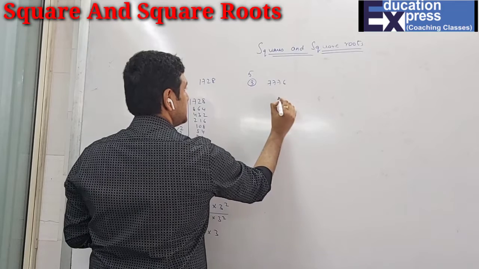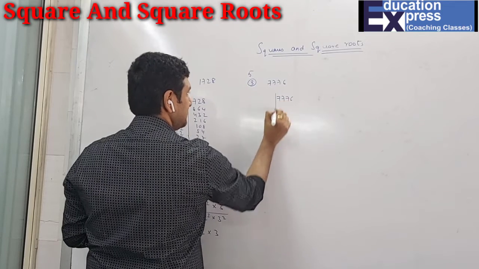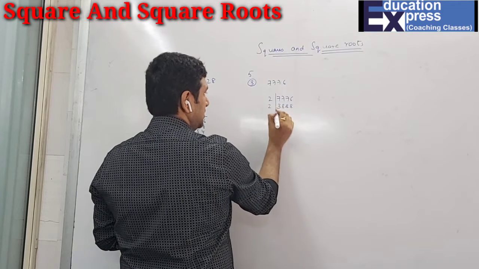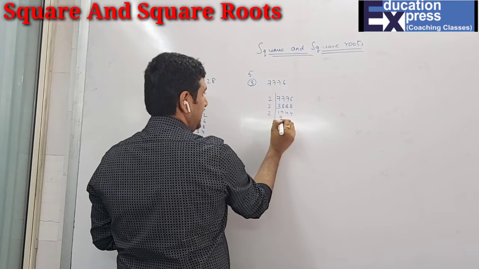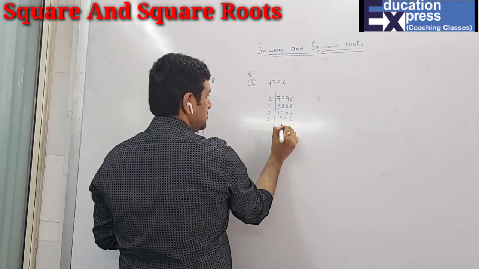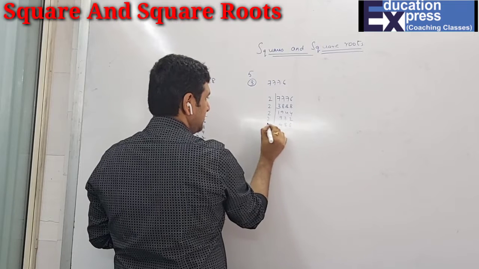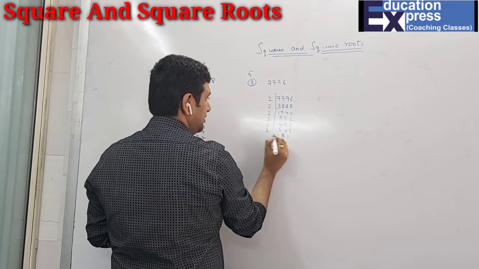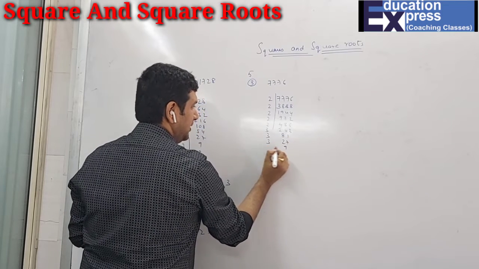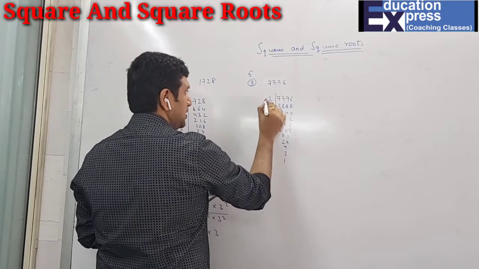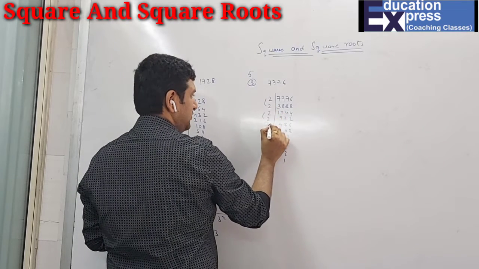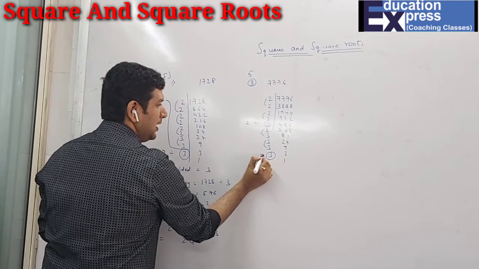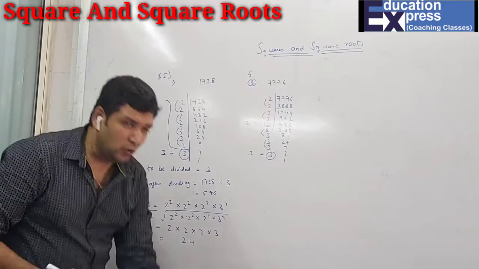776. So 2 3s are, 2 8s are, 2 8s are, 2 8s are. 2 4s are 8, 2 8s are 16. 3s are, 3 8 1, 3 2 7, 3 9 and 3 3 and 3 1. So 2 square, here 2 is left, 3 square, here 3 is left. That means I have to divide by 2 and 3. That means 2 also and 3 also.